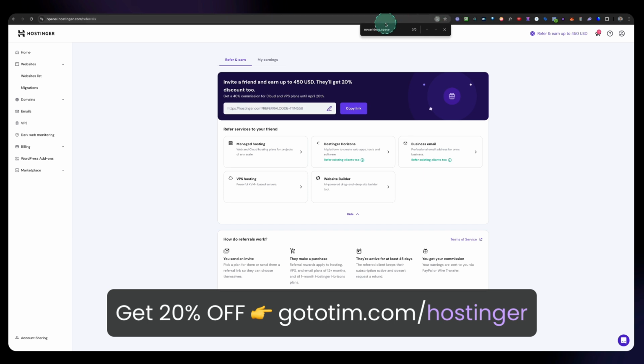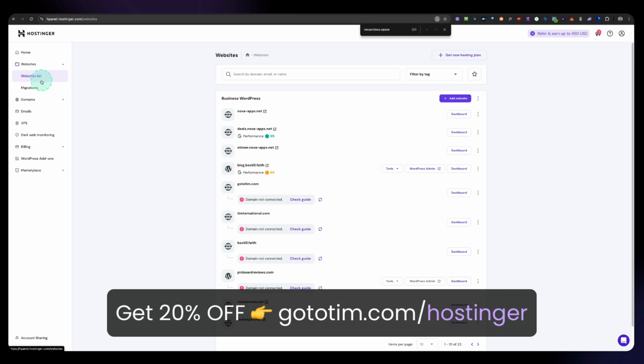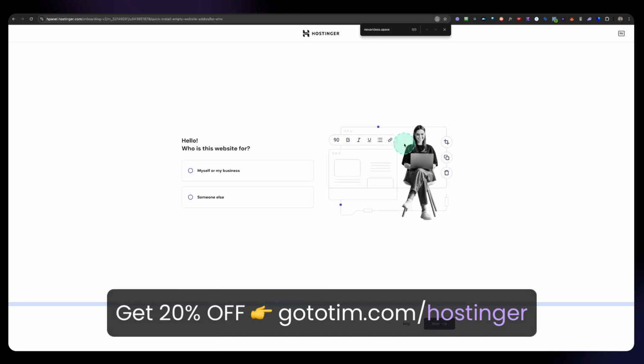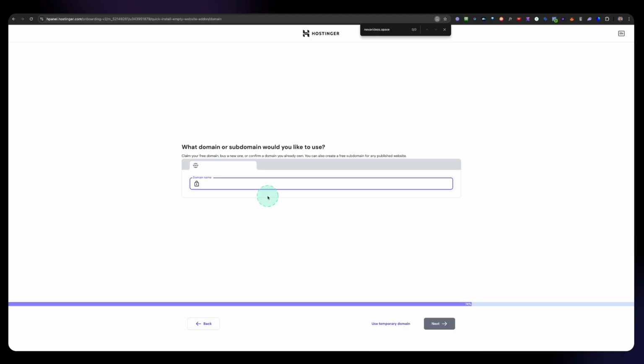What I'm doing right now is I'm going to show you how you can add your email linked to your domain inside of Hostinger. First of all, when you're logged into Hostinger, you need to go to your websites list where you can see your websites listed. You need to add a new website here by clicking this button, add new website, and just click empty PHP HTML website. So we're not actually going to add a website, but we're going to connect our domain for email. On this field, we click on skip here, but we fill out our domain name in here. So we're going to do, in this case,